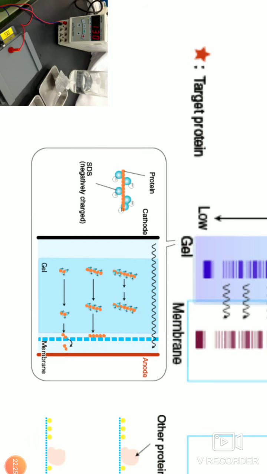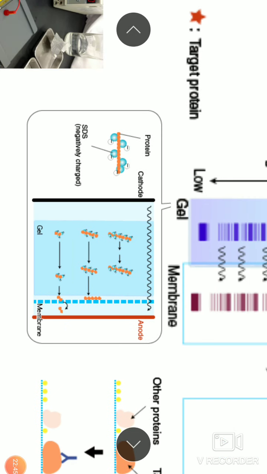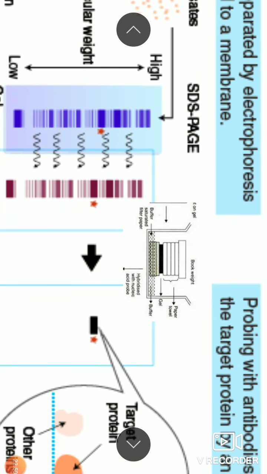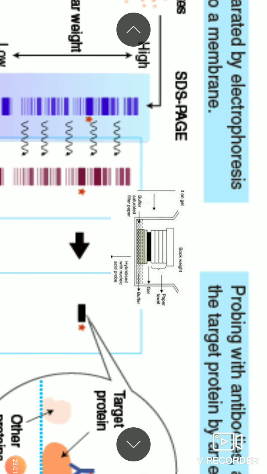The proteins are coated with sodium dodecyl sulfate, and then they become uniform in charge, and the basis of separation is only the size they have. So once they are separated, they are blotted. That means these gels, without staining, are put into a specific assembly called the tank, and then you can transfer the blot onto the membrane.